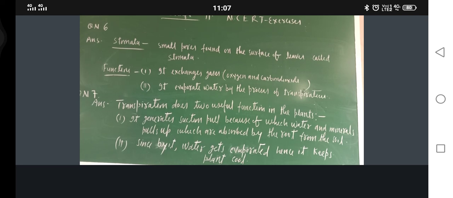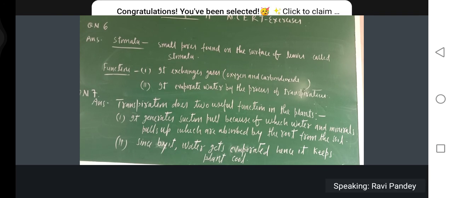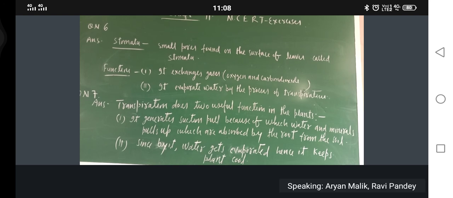Once the blood is exposed to the surrounding, some catalyst gets activated. A catalyst is a substance that increases the rate of reaction. Because of their activity, fibrinogen protein and calcium ion will also be activated. Otherwise they will not be activated. Good question. Who has asked this question? Yes, good, Aryan Malik. Right question.